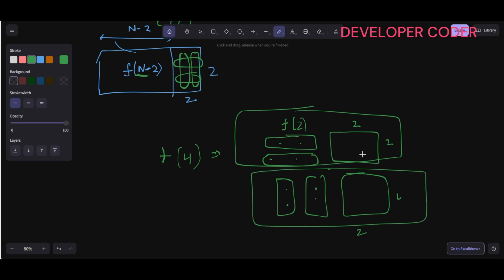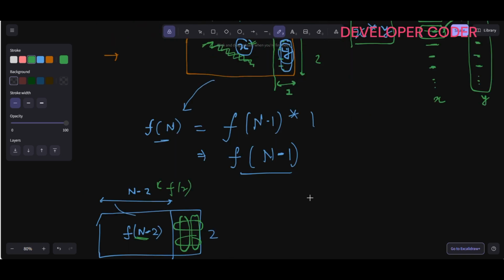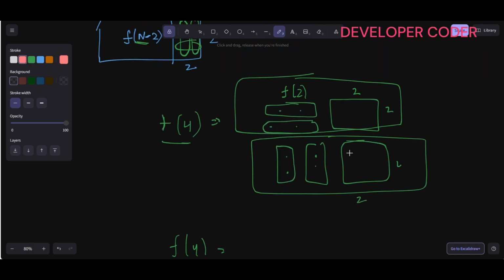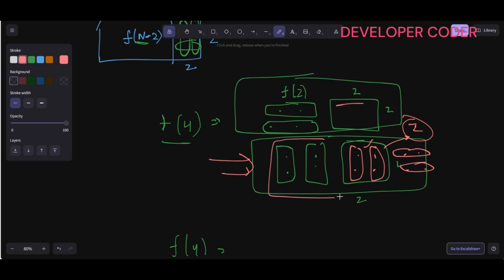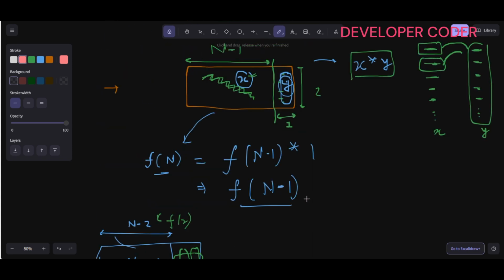These are two cases. But now if you form this f of 4 using the same f of 3, let's suppose in this you use this. You are going to say that here there are also two ways, this or this. These are the two ways here. This is one way. For this case only I'm saying, when this 2 is fixed and for the remaining twos we are finding out the ways, you are going to say 2, this or this. But when you find out this f of n minus 1, so here with this 3